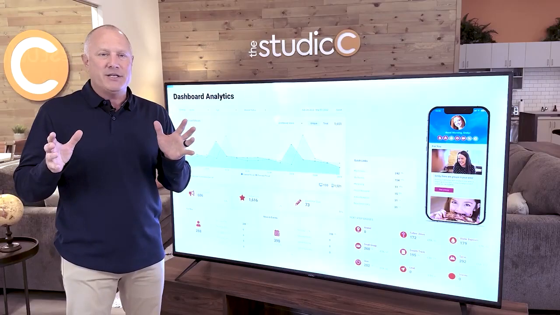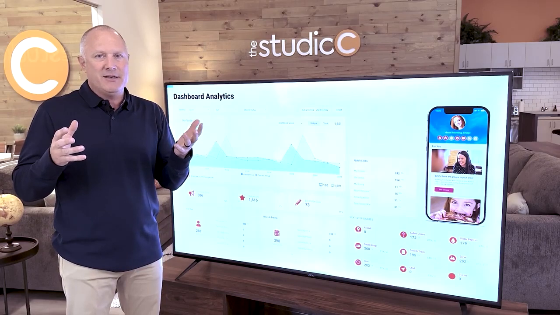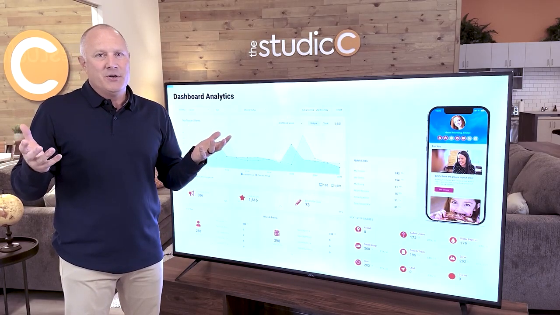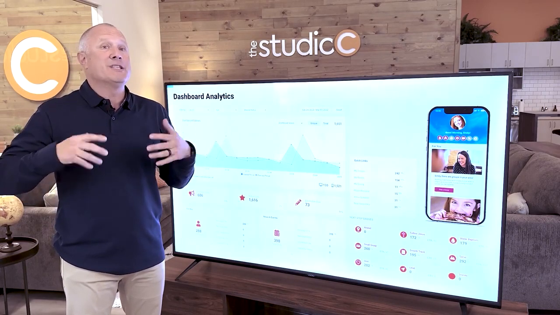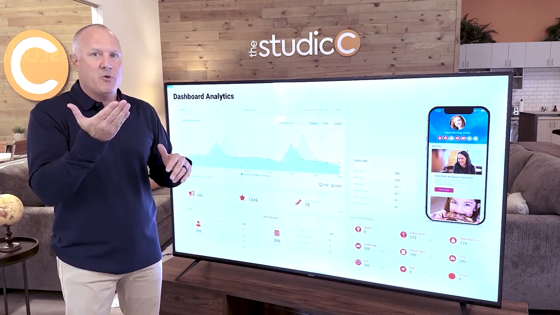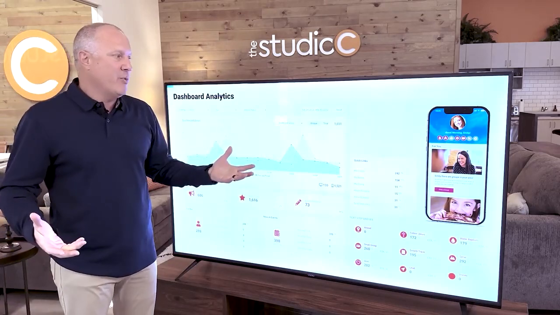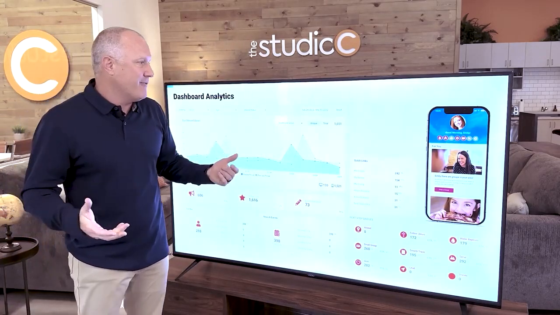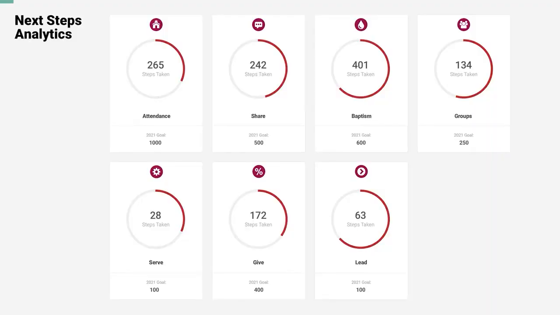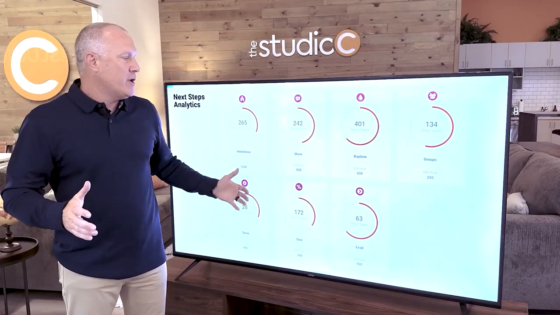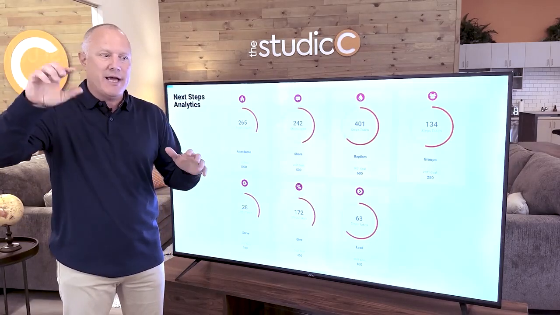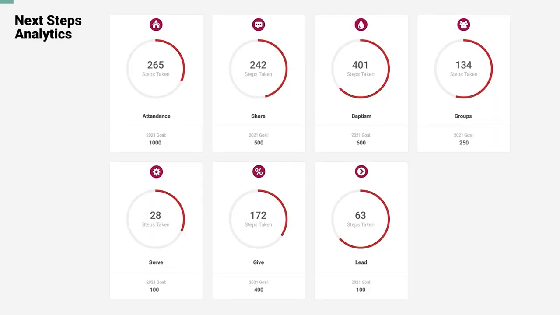Guys, these badges, these icons that you click on, they work. They convert. Right? This is something in the marketing world we call a persistent encouragement. Every time they open the app, this is something to say, hey, if you want to grow in your faith, this is something we encourage you to do. They're highly, highly effective. Another really cool tool that we have is that you can set goals for engagement steps. Beginning of the year, you can set goals in each one of your badges, each one of those steps of what you expect to do as a church, and then simply track progress throughout the year to see how effective you're doing.